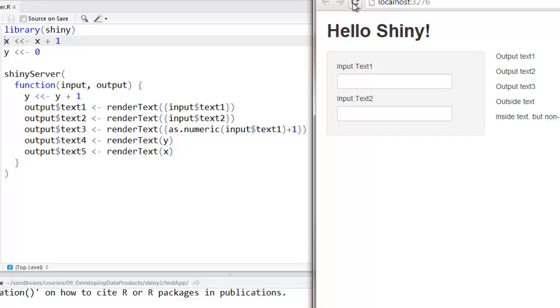Okay, let's refresh. See, now y is 2 because it's executing this statement every single time there's a page refresh or a new user. Okay, now let's input some text. Let's input x, the first text1, let's input as 2. Now notice it's 2, and then here it's at 3 because this text